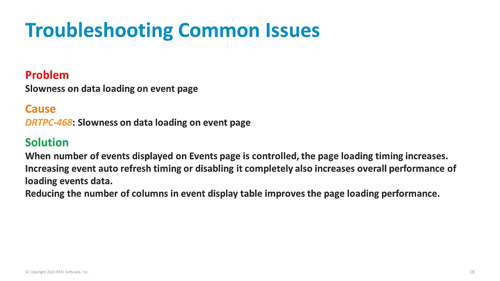This can be controlled from the View Event Preference option, which is available on the Monitoring Events page. Increasing the auto refresh interval for the events page will also improve the overall performance. The number of columns displayed in an event table view also has a huge impact on the time that the event page takes to load. For example, if you have an event table view with 15 to 20 columns or